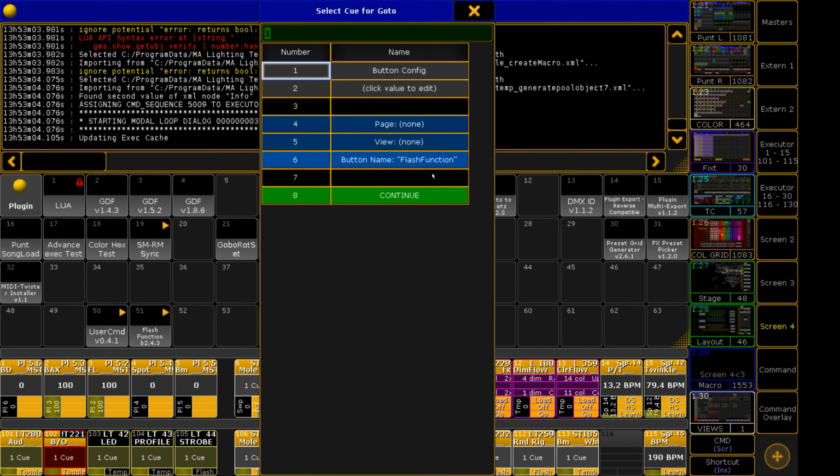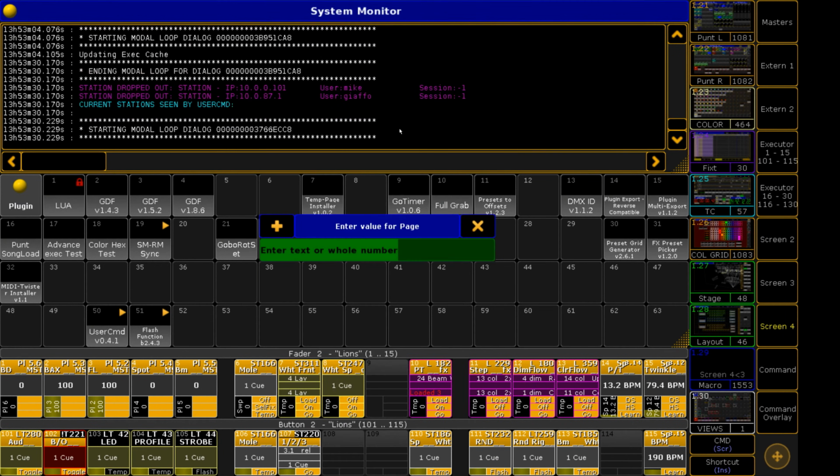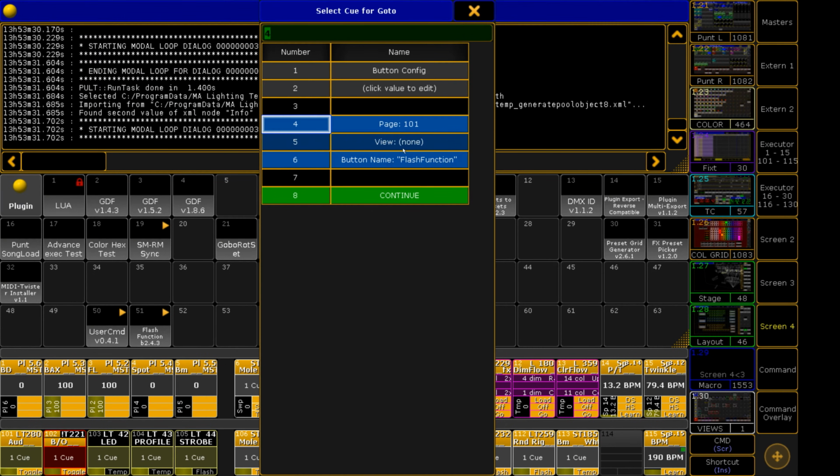The next section is explaining our button configuration, or allowing us to set it. So you can set a page, you can set a view, you can do both, you can do neither. It will generate the macros either way. This is just letting the plugin set up the commands for those particular items, since those are managed by the plugin later. So we can say page 101 and view,